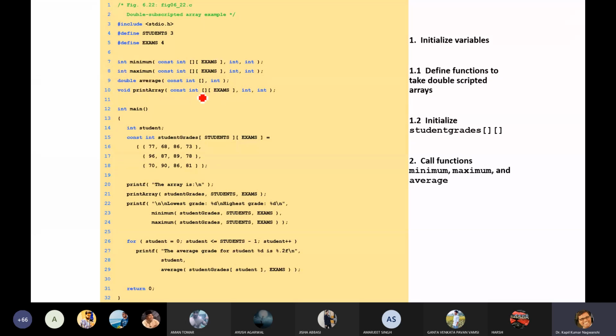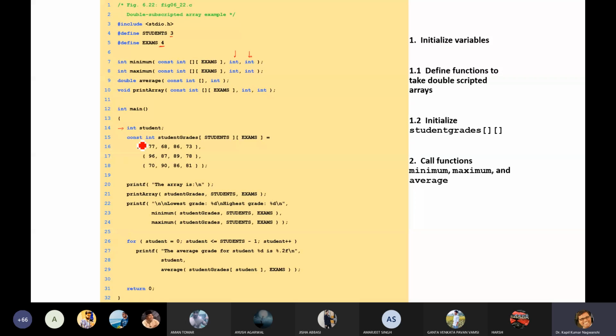So in this case, this is one array. This is one array of 2 dimension size, and the exam has 4 dimension. Student has, not 4 dimension. Total 3 students and 4 exams are there, and we will pass. In the previous example, if we use a single dimension, then we pass only the size of that array. Here we require m and n also, m cross n size.